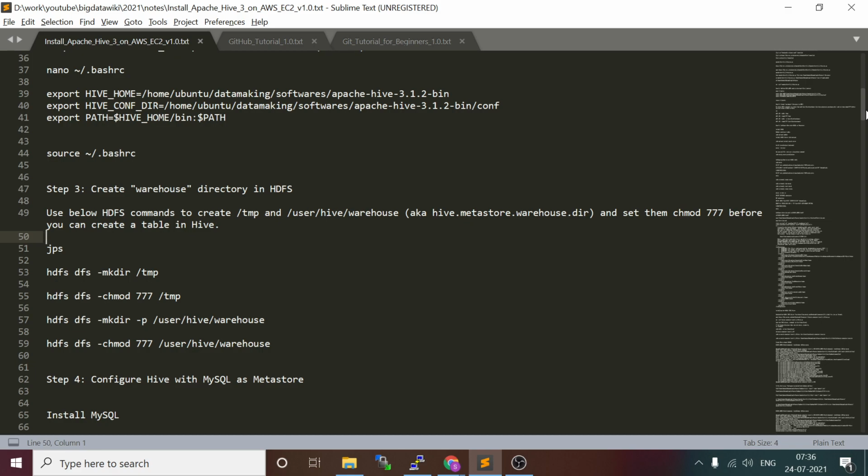So for the data available in HDFS, if you want to process it using the Hive engine, you need to create a SQL layer for that. When I say SQL layer, you can create a table schema for your HDFS data, which is in files format.